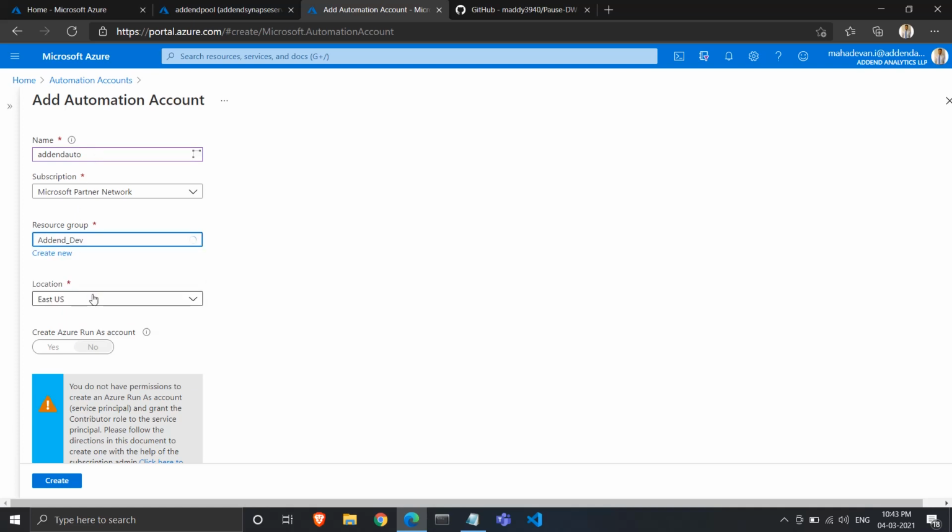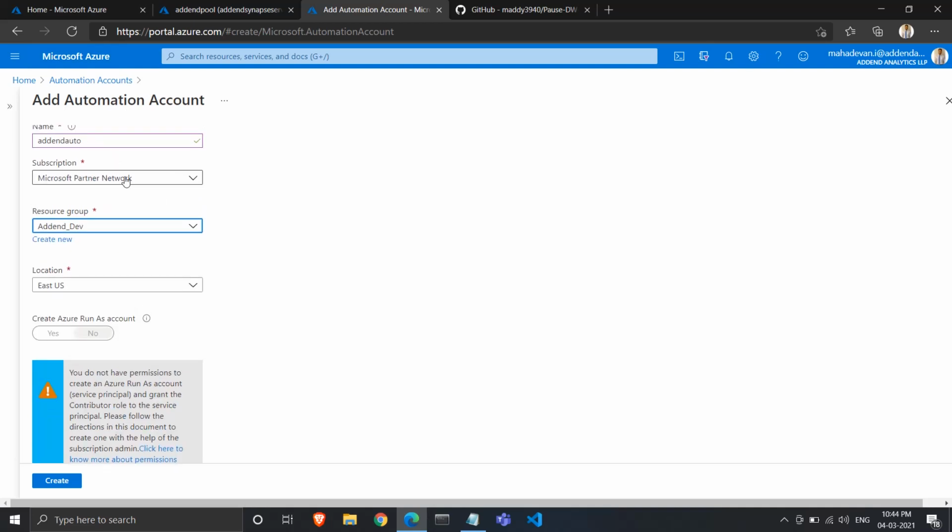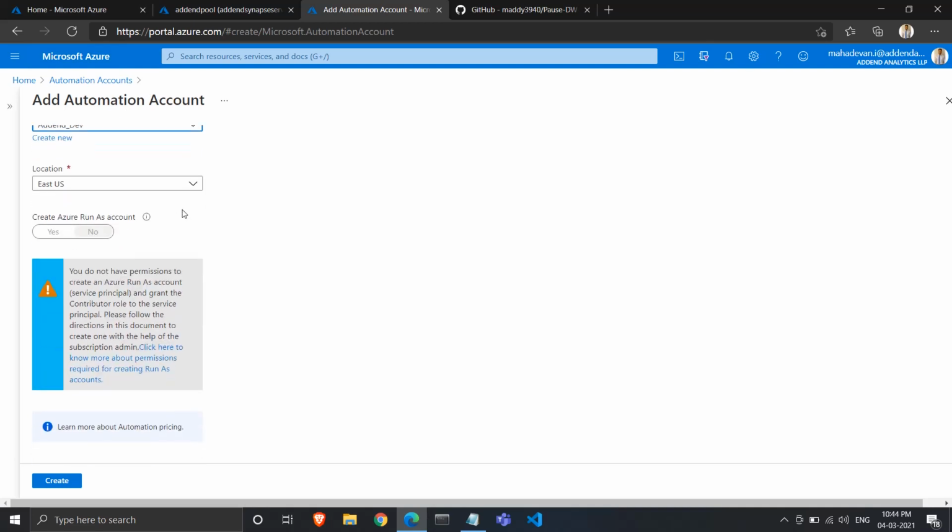Select a resource group, select your preferred location, and make sure you create a run as account. What this run as account means is that this Azure automation account, Addend Auto, receives a contributor permission at the subscription level. You have to be a contributor at the subscription level in order to create this type of resource.